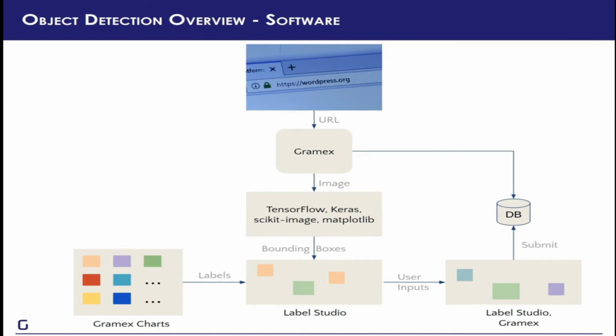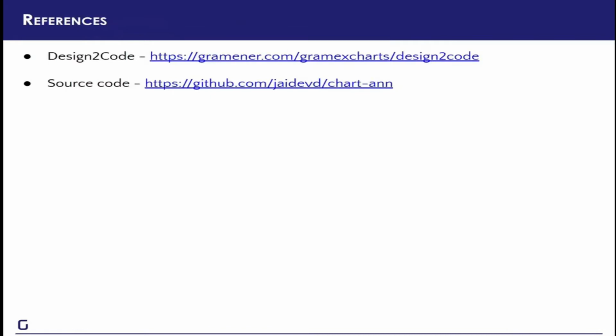You could also implement any part of this in PyTorch. Label Studio is particularly a fantastic tool for labeling data for any kind of machine learning problem. And all of this is basically tied together with GramX, which is, as Banu mentioned, a web framework for building data-driven web applications. All the way from getting the screenshots of a URL to dumping things into the database is managed by GramX. At the same time, you get a lot of very easy to use front-end tools as well.